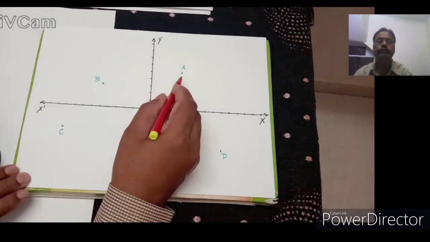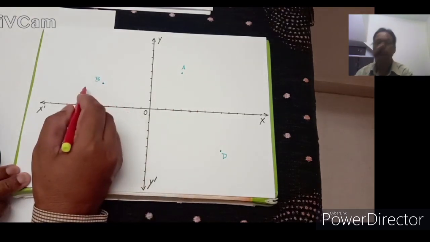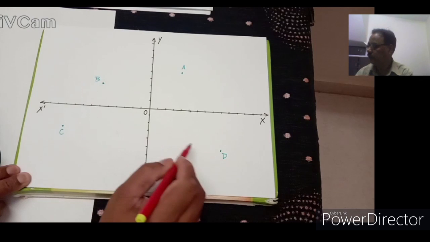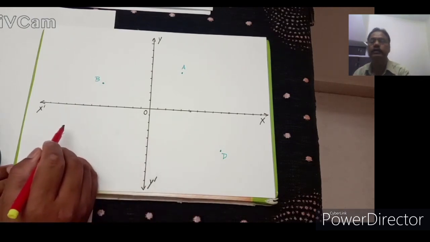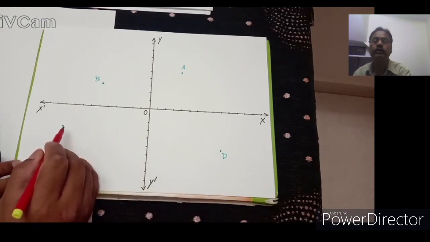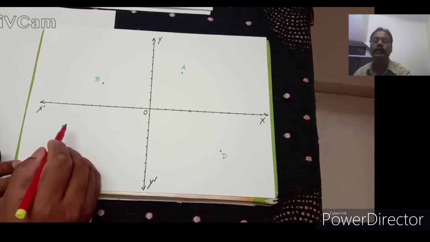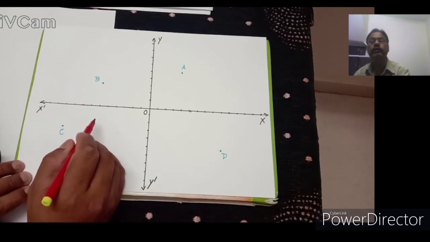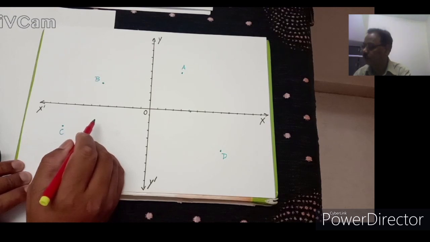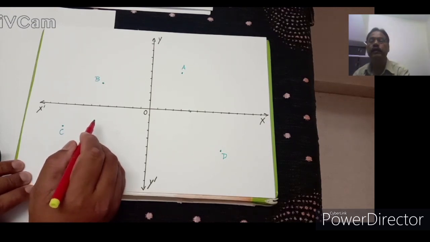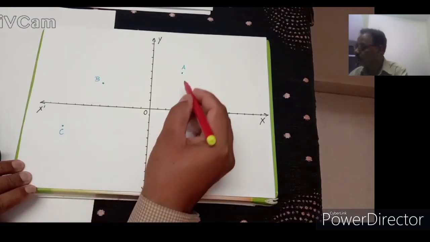A, B, C and D. These are the points. We shall find out what are the coordinates of these points. So how do we find out the coordinates of these points? Let us learn it. Point A